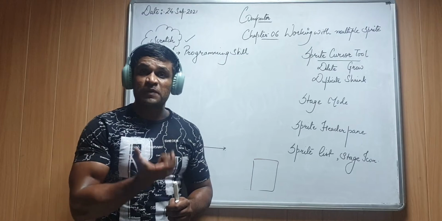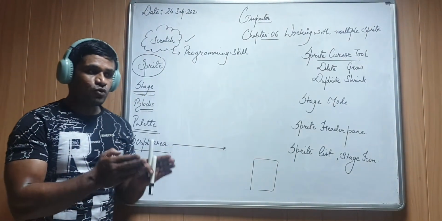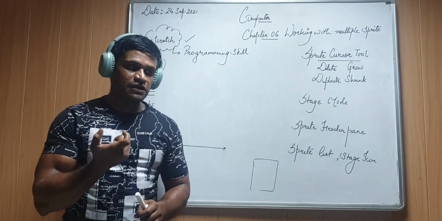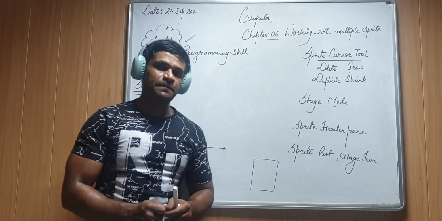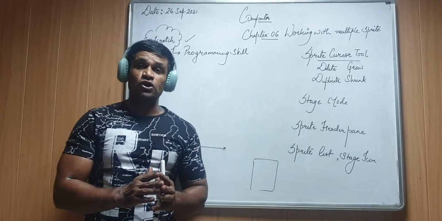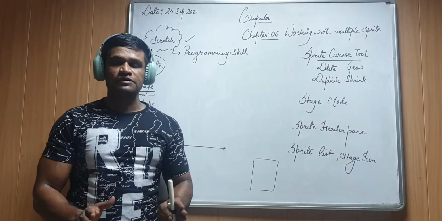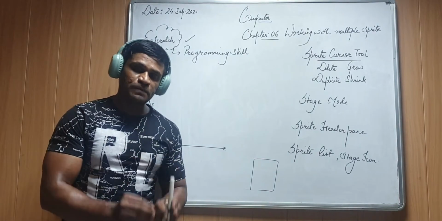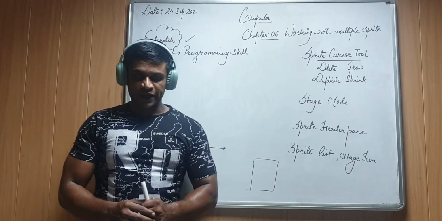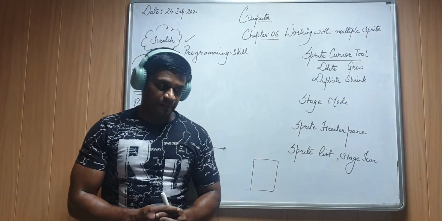It also shows the sprite cat. It is showing the picture of the cat. That means it will give you all the information about the cat. Other than this, we have certain buttons available on the sprite pane. The first is lock, means you can lock or unlock the sprite. You can lock the sprite. There would be no action that will be performed by the sprite. You can do the coding on it. After that, you will unlock and the sprite will perform the action. So for a certain period of time, you can keep it locked.